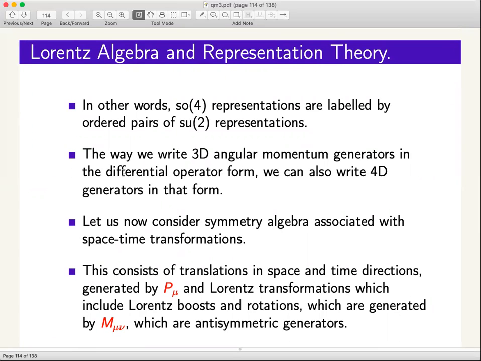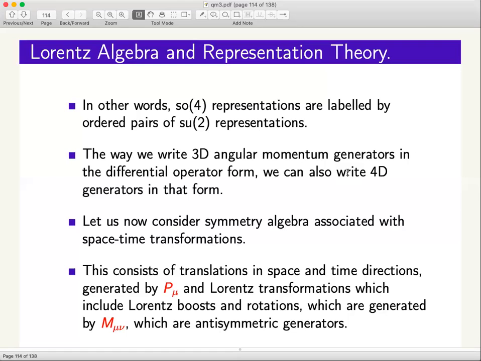Now of course we know how to write down the angular momentum generators in 3D in terms of differential operators, like x del/del y minus y del/del x. One could do the same for 4D. And if you do that, then you can realize that if you do a 3-dimensional parity transformation, 3 generators transform like a vector and 3 transform like a pseudo vector. But I have not written them down. If you want, I could add them to these notes later. But it's not important for the Lorentz algebra.